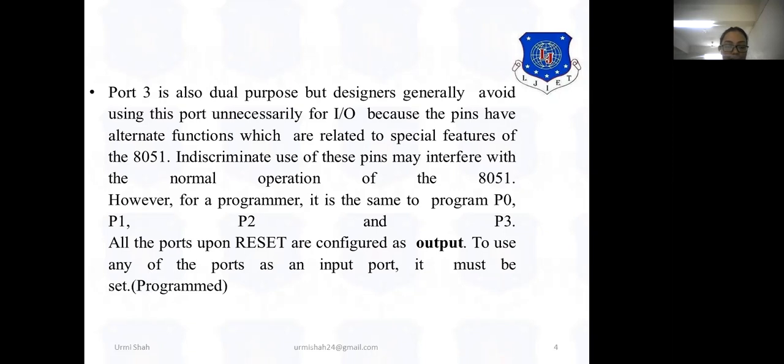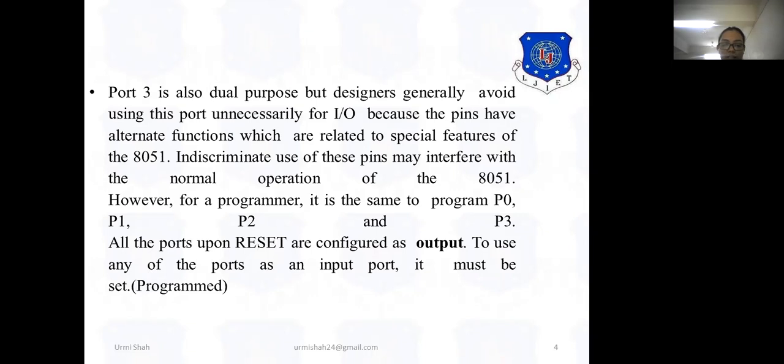If we are dealing with hardware, in hardware logic 1 is given by giving some supply voltage. Some specific supply voltage is treated as logic 1. If you are dealing with hardware, logic 0 is treated as ground. You will give ground to all the port to make it reset.